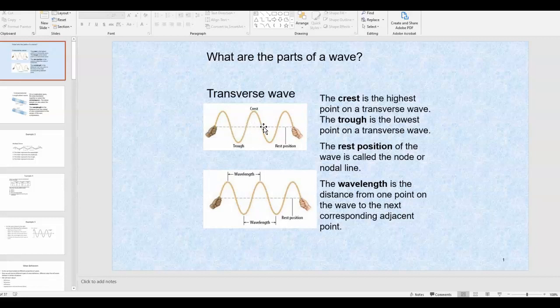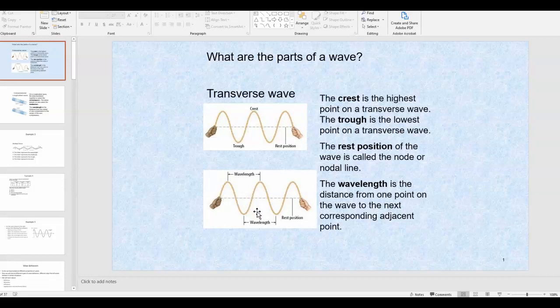That middle line, that dotted line, is called the rest position, and then the wavelength is typically measured from one point on the wave horizontally to the next equivalent spot. And so you can measure that from one crest to the next crest, you can measure that from one trough to the next trough, or just picking any point you want on the wave and traveling horizontally until that same